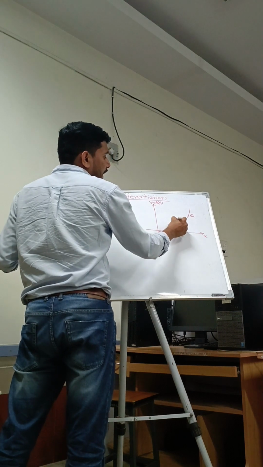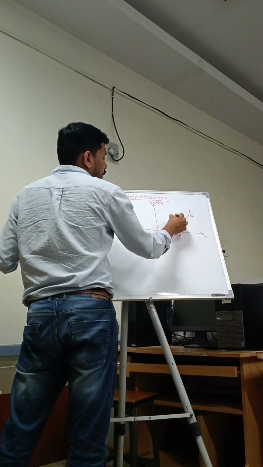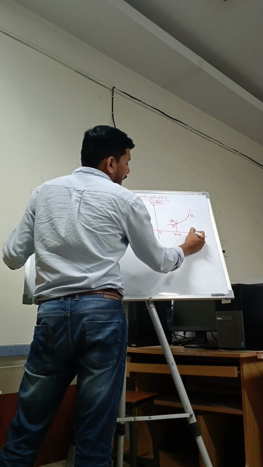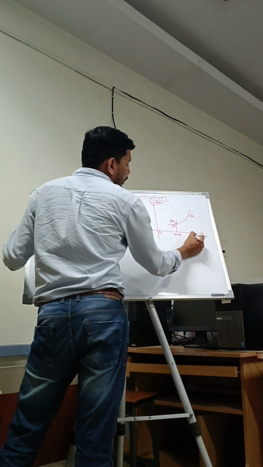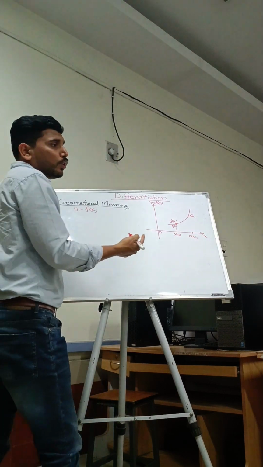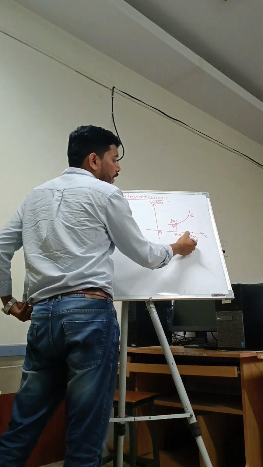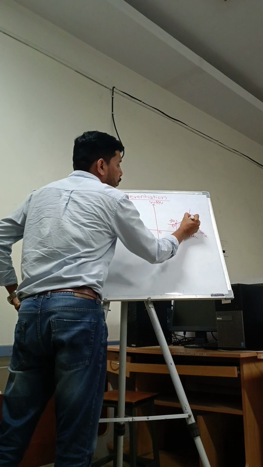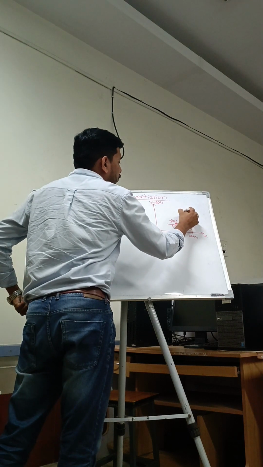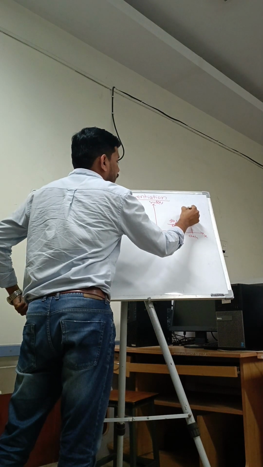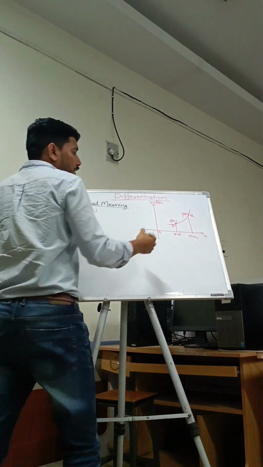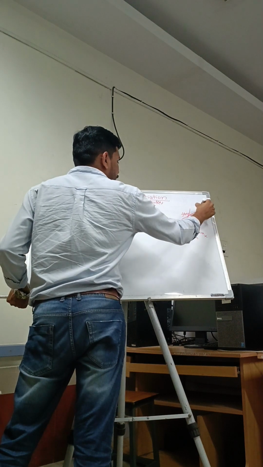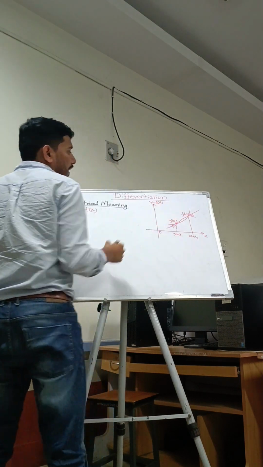At a we get the output of this function as f of a. Suppose we do some increment h in a, so this point will become a plus h. So at a plus h we get the output at point Q as f of a plus h. Now if we join the points P and Q on the curve, PQ is nothing but a secant line.